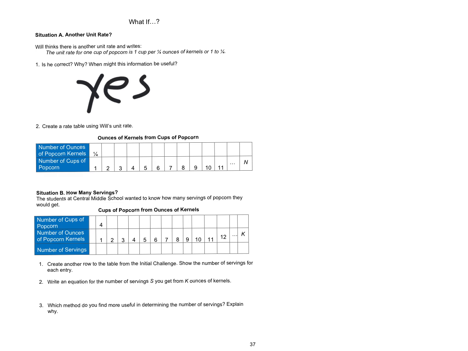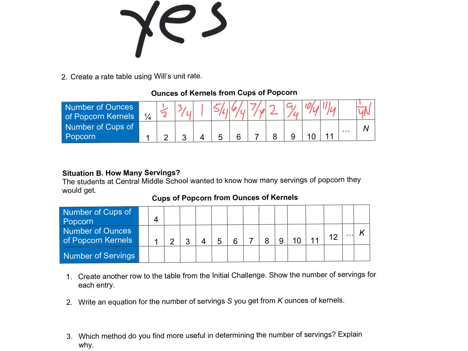The information would be useful if you know how many ounces of kernels you will need to make a target number of cups of popcorn. Okay, I went ahead and filled in the chart. If 1/4 is 1, we're just going to keep that rate going. So half, 3/4, 1, 5/4, 6/4, 7/4, 2, 9/4, 10/4, 11/4, and then for any number, it would be 1/4